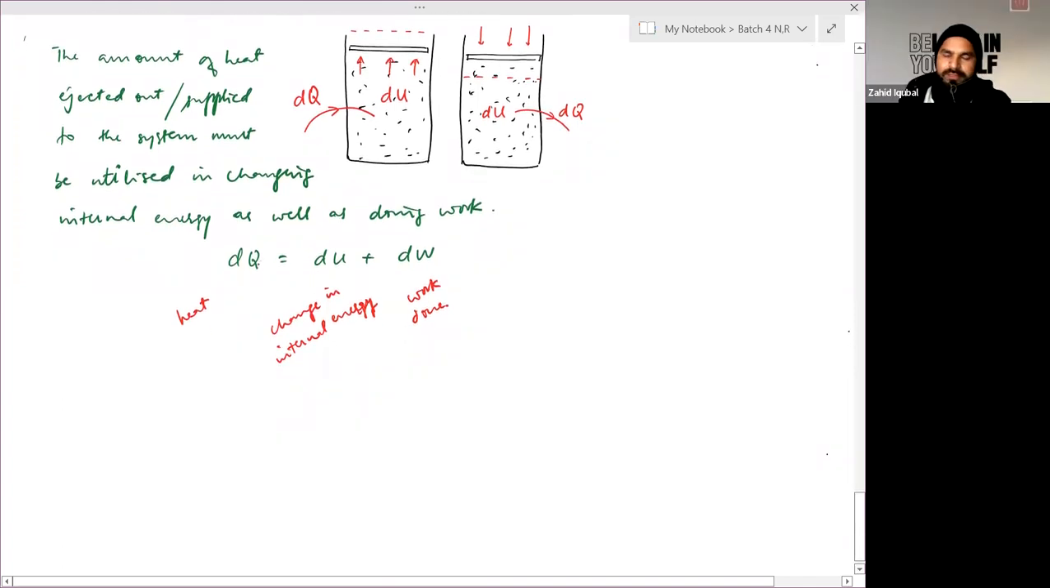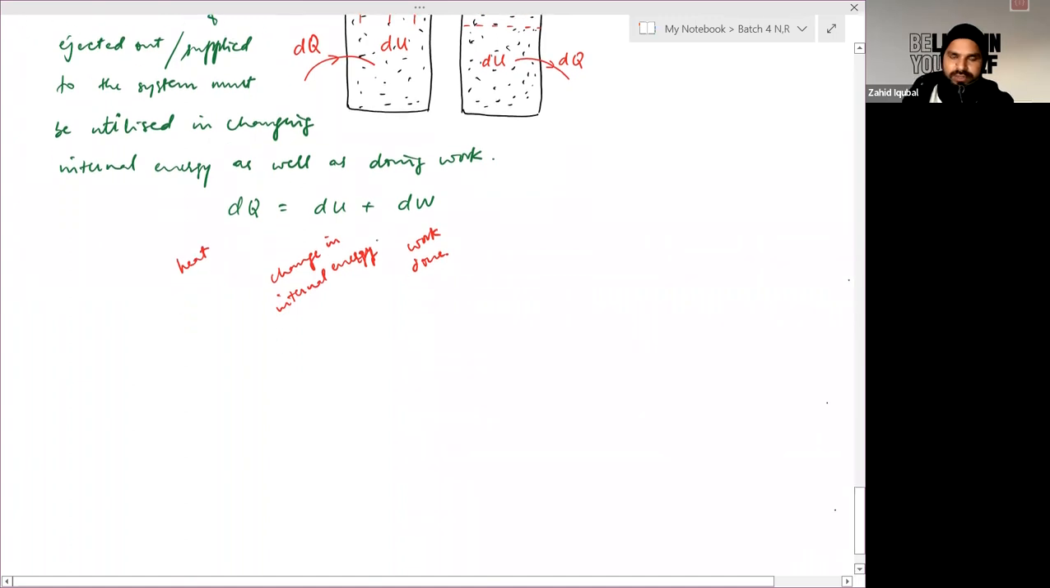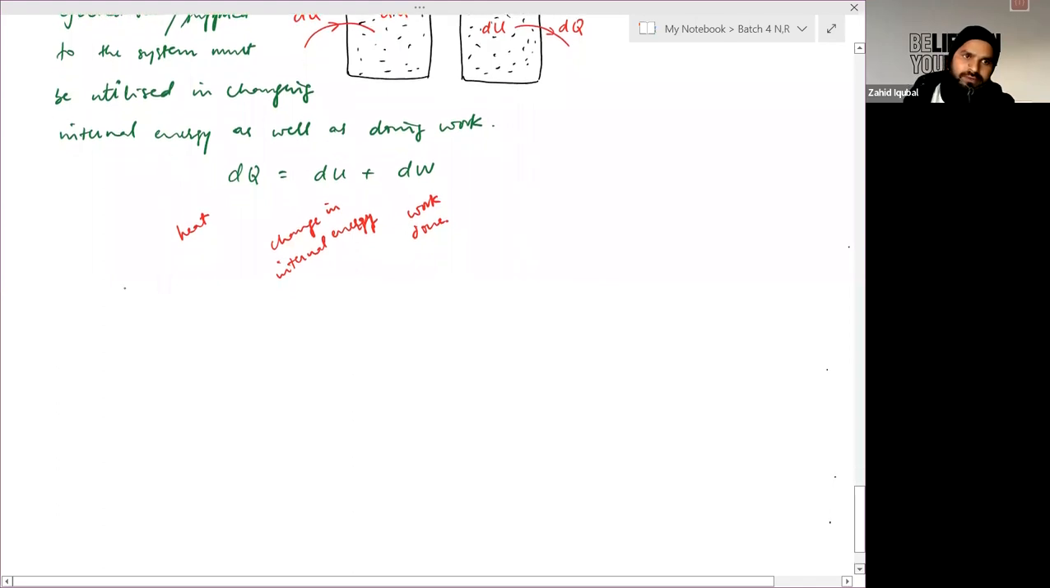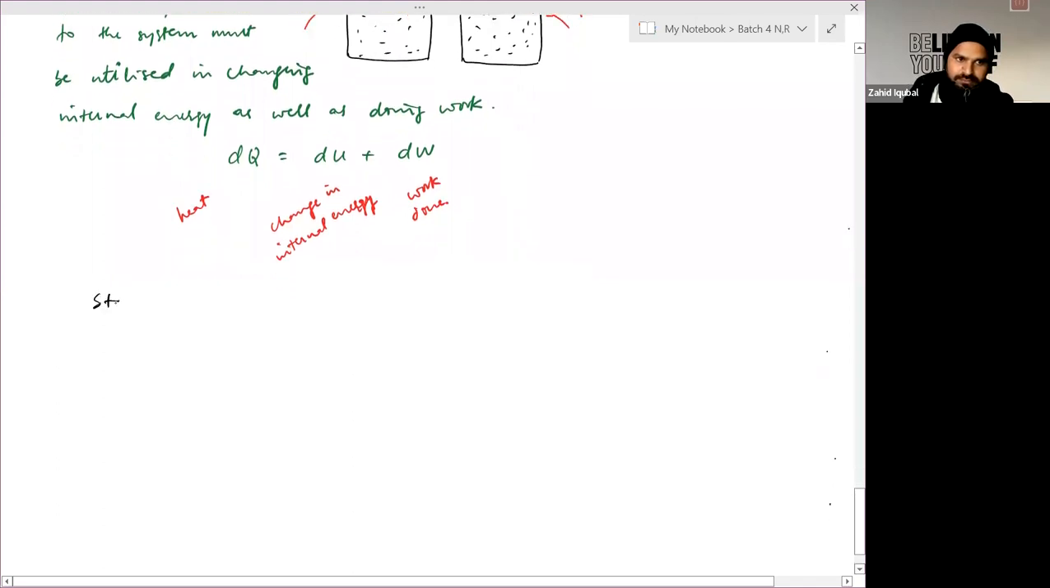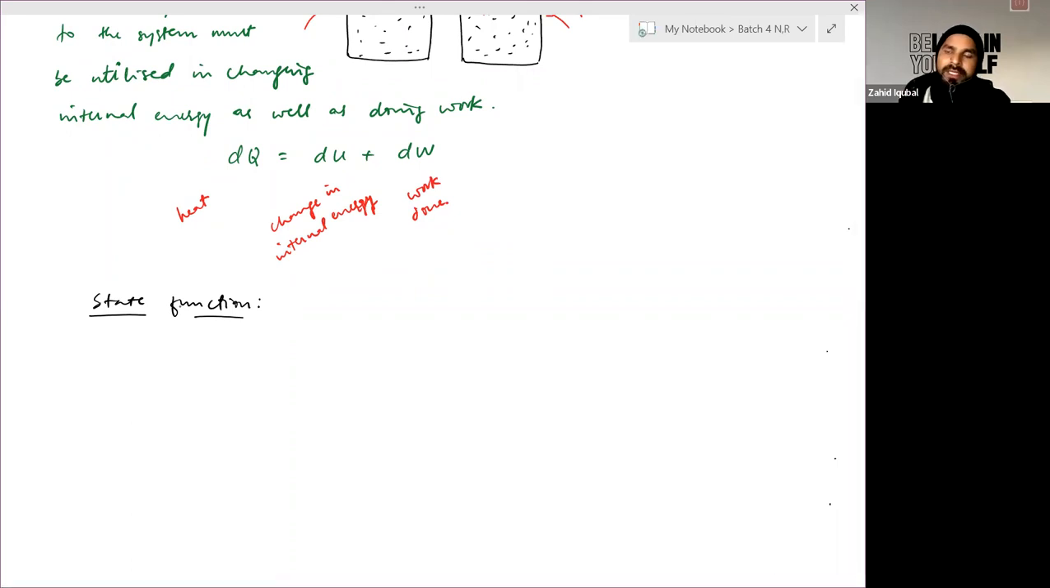Now we have three different parts. One is heat, second is internal energy, and third is work done. So we may divide these three different physical quantities into two parts depending upon their behavior. First is called state function. Those physical quantities which depend only on the initial and final state of the gas, independent of the path followed by the gas, are termed as state functions, such as